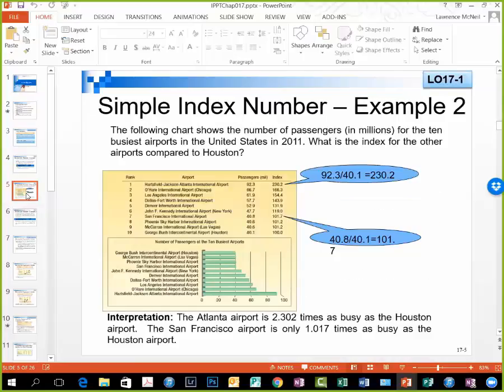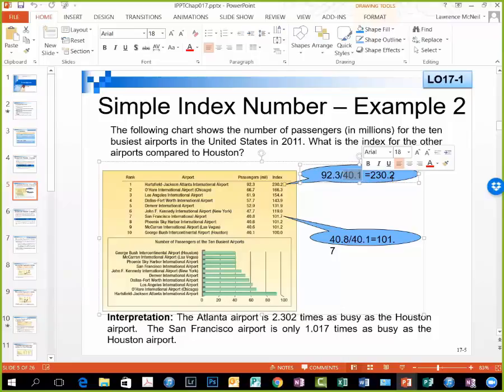Okay, the following chart shows passengers for the 10 busiest airports in the U.S. in 2011. And we have the passenger list, Atlanta being number 1, and then Houston being number 10. And if we say, well, what are all of these airport sizes in terms of passengers relative to one airport, let's call it Houston's, then we could just put Houston as our denominator, and that's where the 40.1 comes from. Here's 40.1 right there. And if we say, well, what's Atlanta's relative to Houston's, we would take Atlanta's number, 92.3, divided by Houston's number, and we get